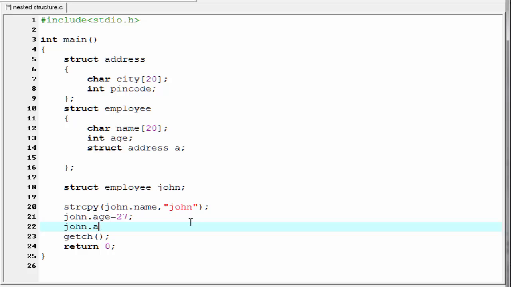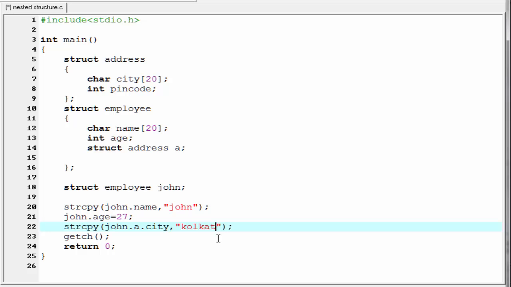So I am going to write here dot city. Since city is a character type variable, we use the strcpy function to assign the value. strcpy. This is the target. And inside the double quotes I am going to write the city name, that is Kolkata.